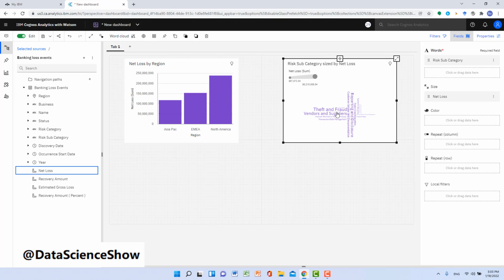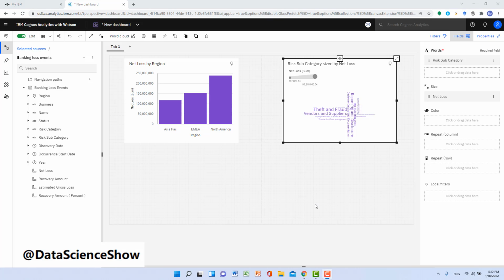In which category? Theft and fraud. What about the next category? Reporting and disclosure. What about the third one? Vendors and suppliers. Obviously, we lost most of the money in these three categories. The more money we lost in one category, the larger the category text will be in a word cloud.